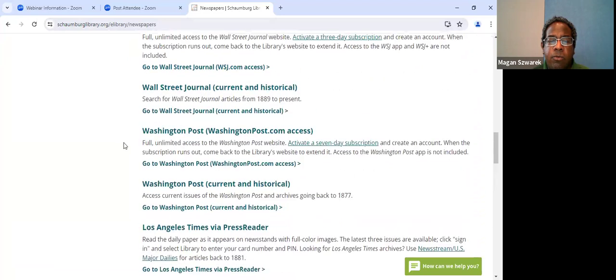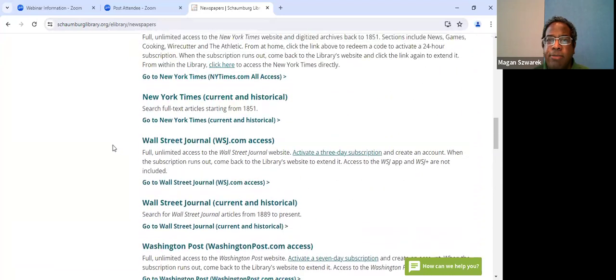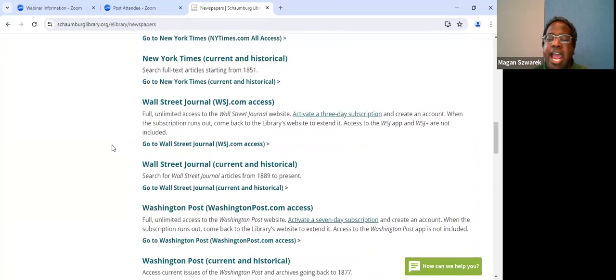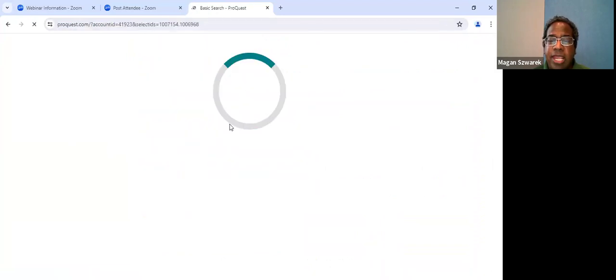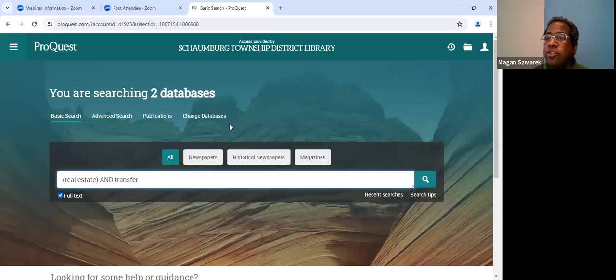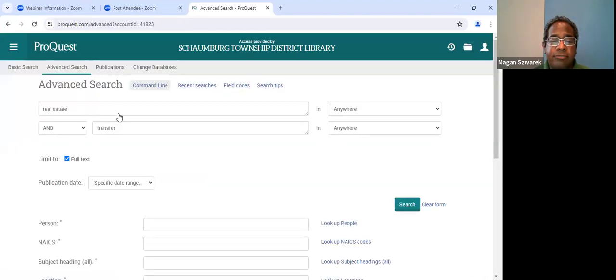So let's see, what would have something that would be very interestingly inaccurate? I'm not picking on the Wall Street Journal. I'm not saying the Wall Street Journal is a bad newspaper. I do encourage people to read the Wall Street Journal. But sometimes you can find some very interesting things about how people predicted the stock market. So we're going to go to advanced search,